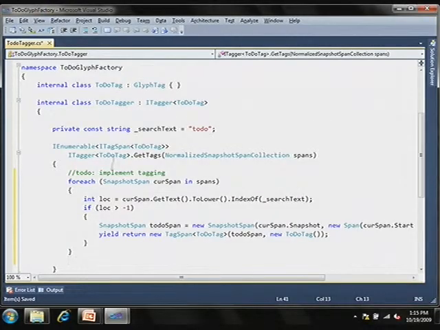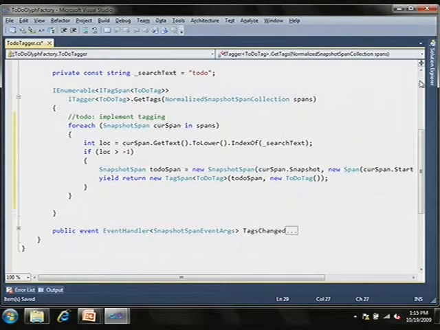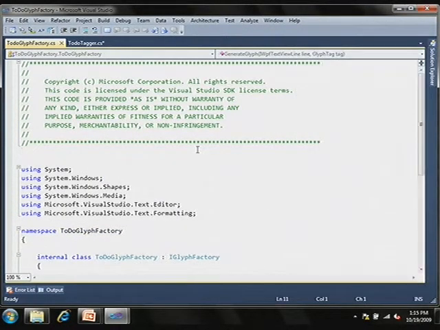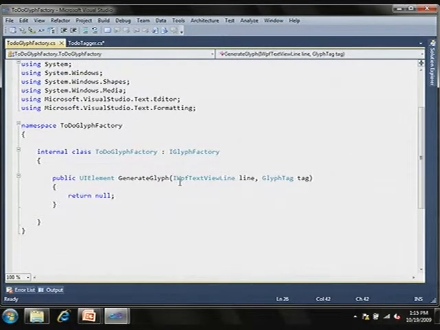And so what I want to do, right, to make it real simple to see a visualization right off the bat that our tagger is actually working, is create a glyph, basically, for to-dos, a marker for it. And so it might look a little something like this. So let's make it happen. So we go back to our file here, and we open up something called a glyph factory. And you can see here it has a single method, right, this generate glyph method, and it's looking back for